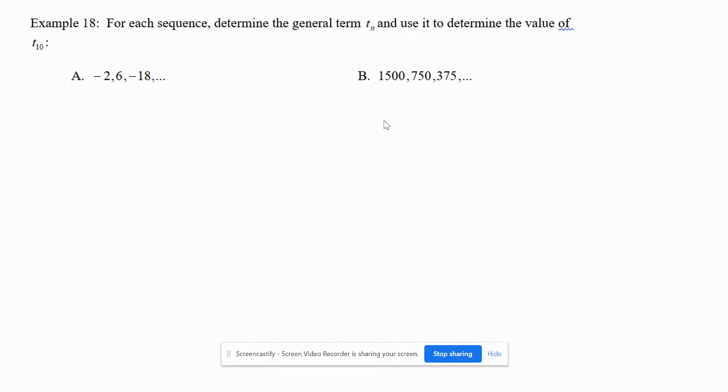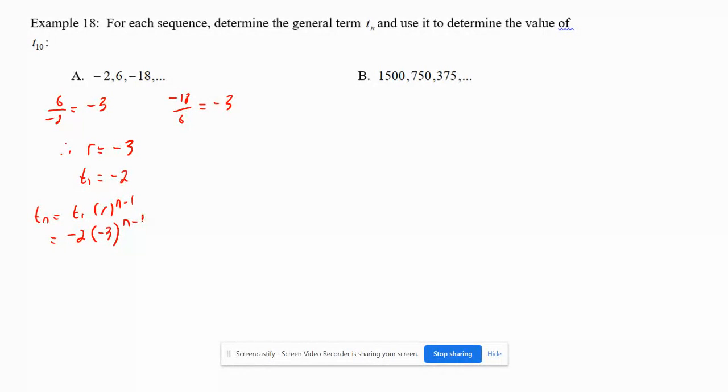All right, determine the general term and figure out what T10 is. So if I take any two consecutive terms, 6 and -2, and if I divide them, I get -3. Same thing here. If I go -18 divided by 6, that's also -3. So therefore, our common ratio is -3. Our first term is T1 equals -2. So our formula, Tn equals T1 r to the n minus 1, is -2 times -3 to the n minus